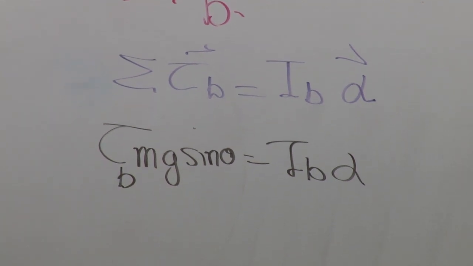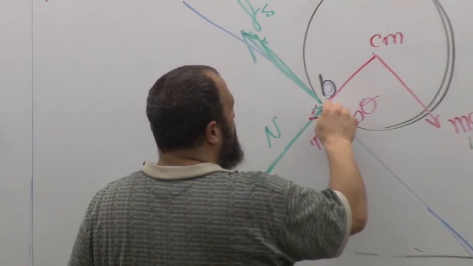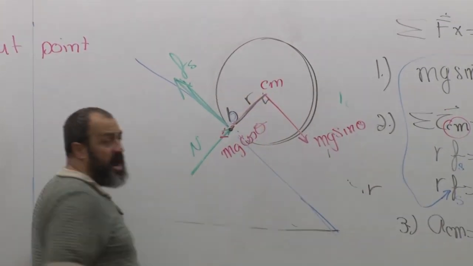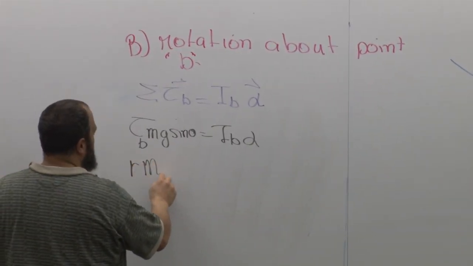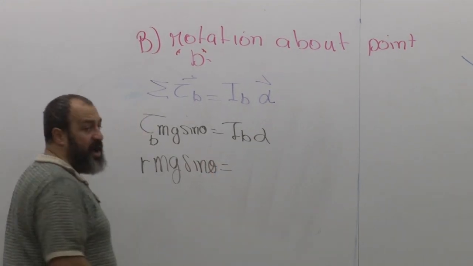And what is that, guys? This is the point of rotation B. Where is the force mg sine theta located? A distance r away. Its torque is given by r times mg sine theta equals